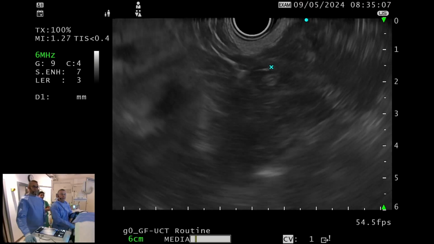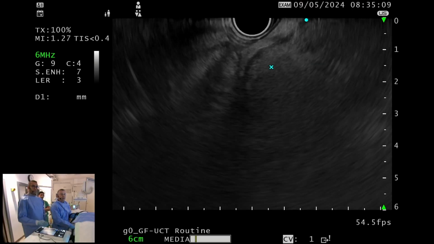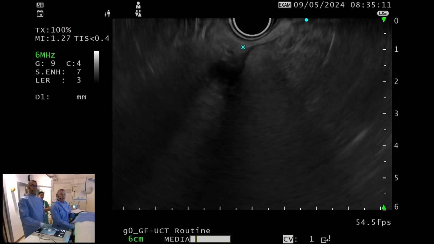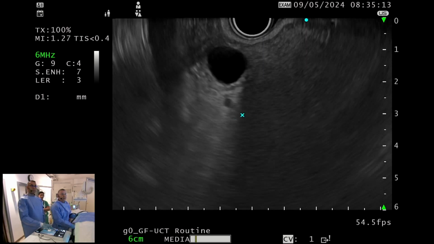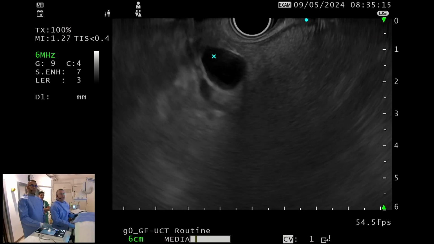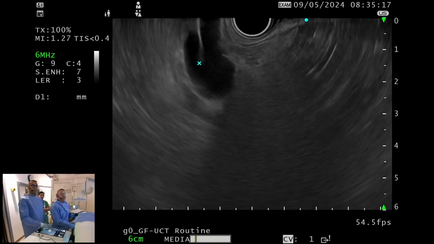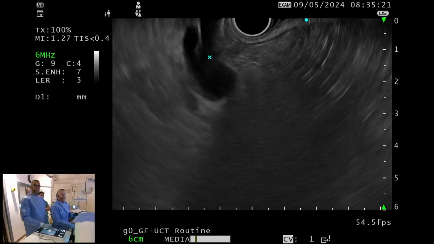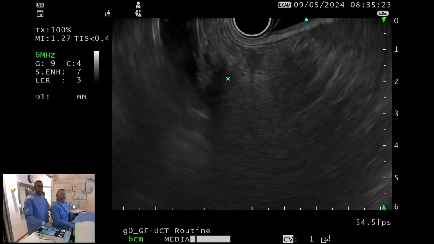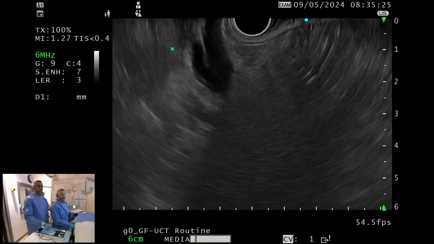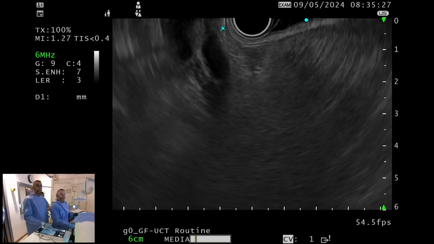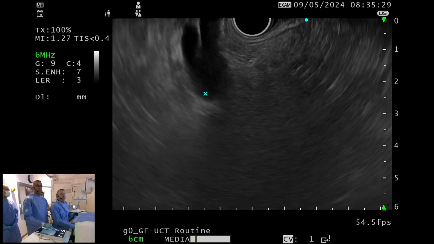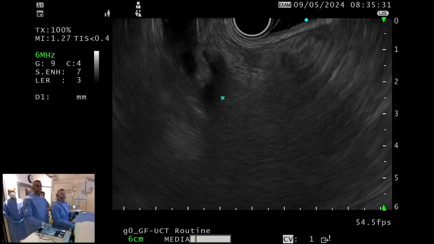Okay, so look at this. I will turn. Here, you see this big thing. This big thing is the common bile duct, which is more than 15 millimeter. On the left part, you have the cystic duct, and on the right part, the hepatic duct, okay? And when you follow it, turning slightly clockwise,